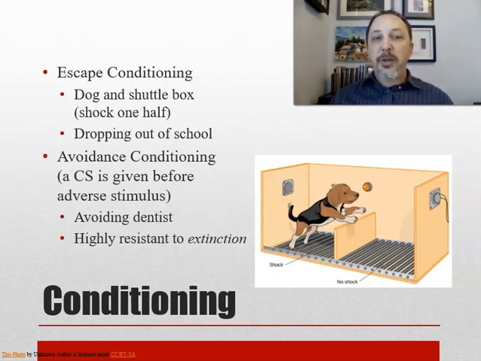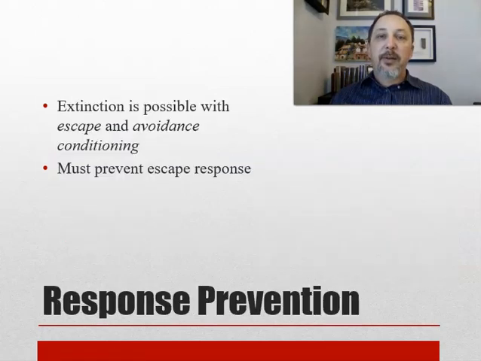And the idea of being highly resistant to extinction is, you put that light on, that dog's jumping. How would you get it to learn that you don't have to do that anymore? It would be restraining the dog in that position where they were shocked and turning the light on. The dog's going to whimper and try to get away, and no shock's going to happen. The dog's going to be like, where's the shock? And the dog is learning now that there is no shock and that no escape is necessary. But you have to prevent the escape response. You have to force the organism to stay in that situation.